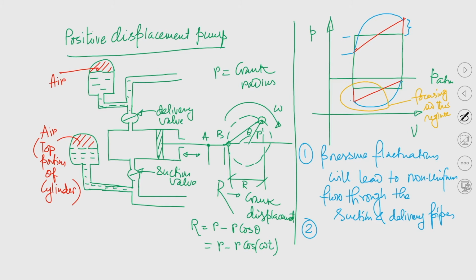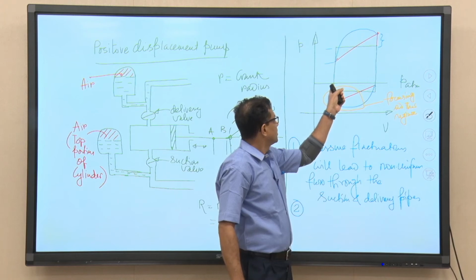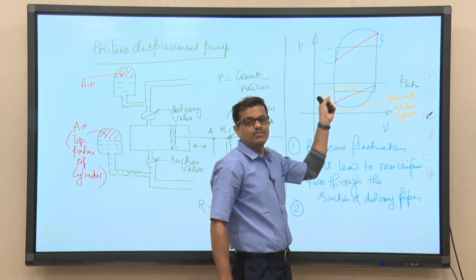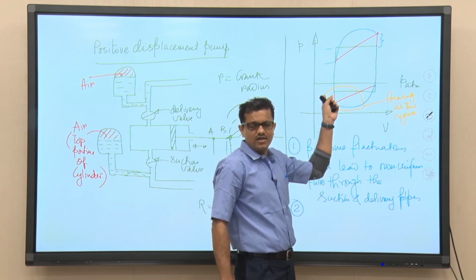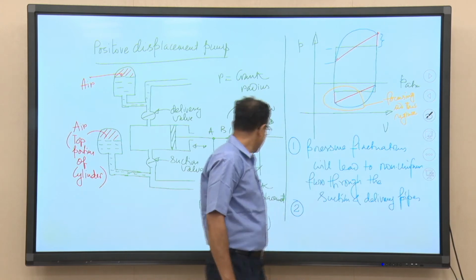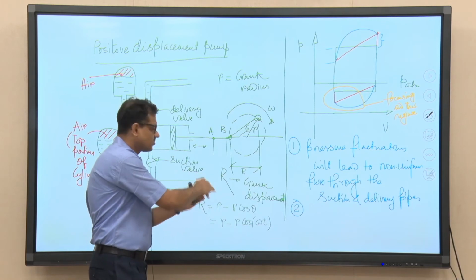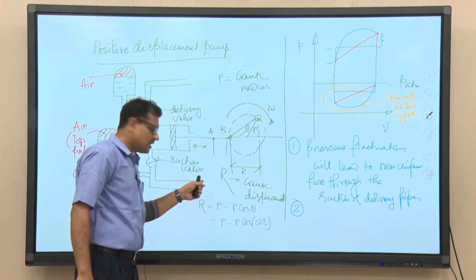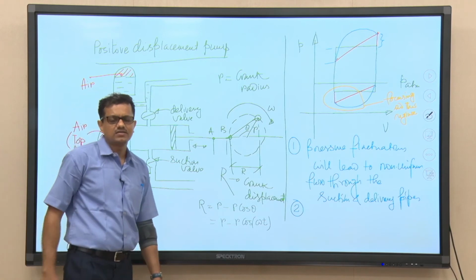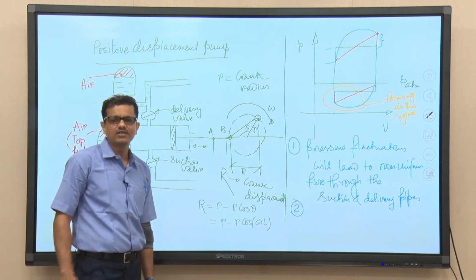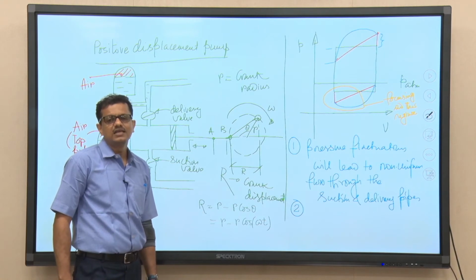If we try to focus over here, what we can see is that at the beginning of the suction stroke, we have understood that the pressure inside the cylinder will be very low, I mean significantly lower than the atmospheric pressure, and that is what is important, at least to have a flow, right. So, you can understand the pressure acting on the liquid surface in the suction tank is the atmospheric pressure.